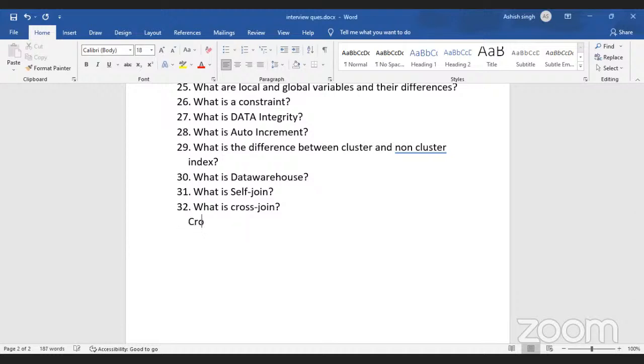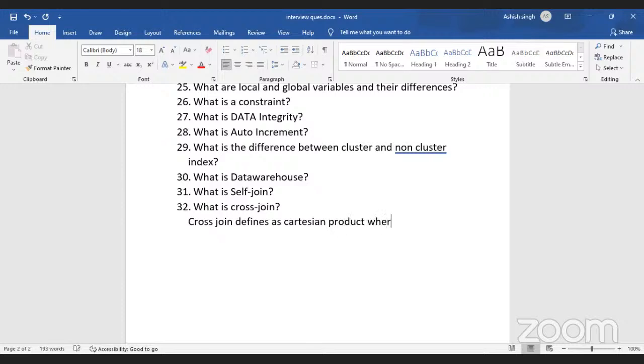So what is cross join? Cross join defines, okay, as Cartesian product